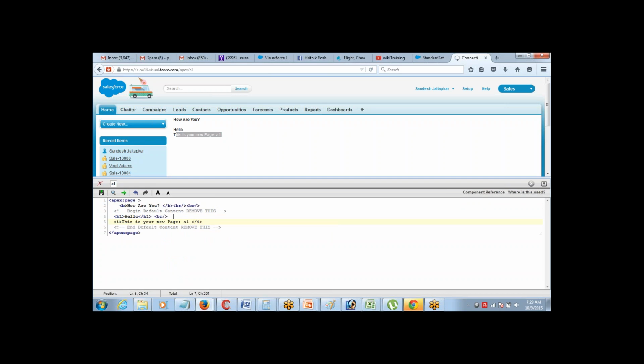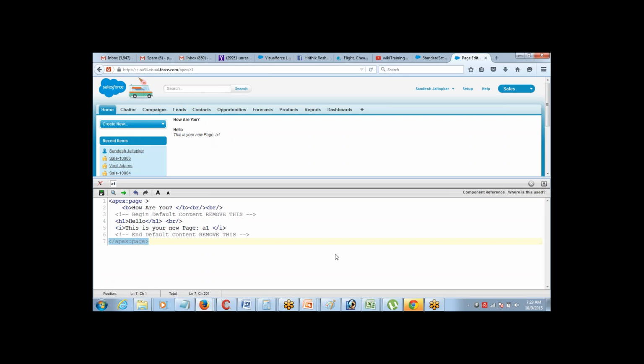So these are all HTML tags which we are using, right? As I told you, Visualforce supports the HTML tags also, which makes things easier for you. You don't have to know a Visualforce tag for making the text bold or italic. The simple stuff that you can easily do using HTML can be taken care of using HTML. Got it? So now whatever you want to display on the page should come here within this apex page start and apex page end tag. Got it? All right.